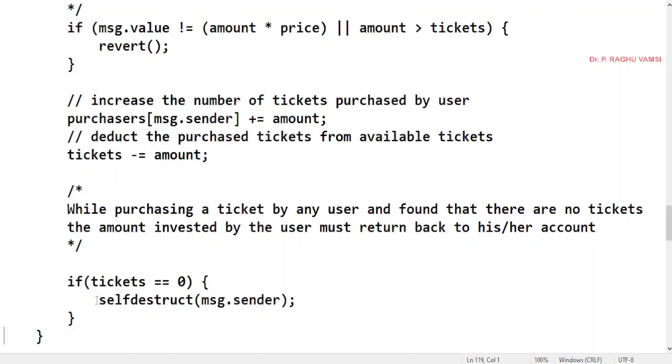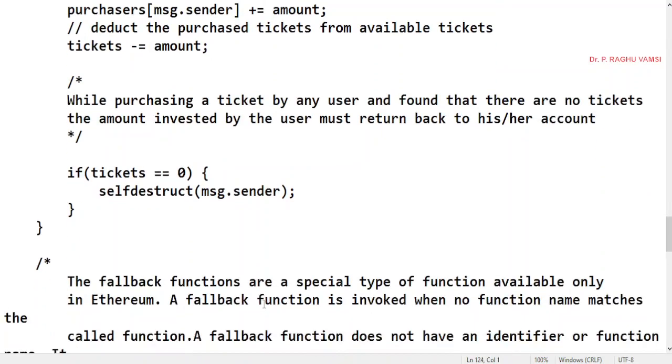Whenever you call selfdestruct, whatever amount was deducted from the user's account will be returned back, and that particular contract will be destructed, so that it will not be available to the next users. This is the way the payable function will be used.